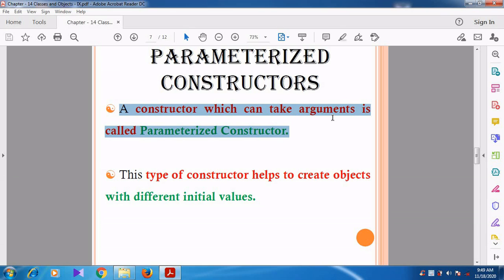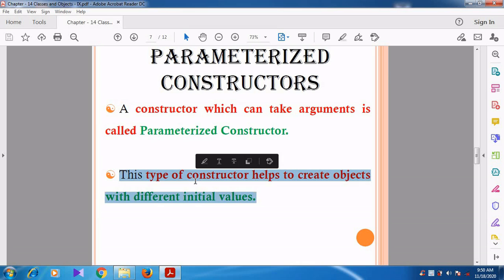In simple way we can say that a constructor that has no parameter is called default, and a constructor that has parameters is called parameterized. Can you understand, students? This type of constructor helps to create objects with different initial values.